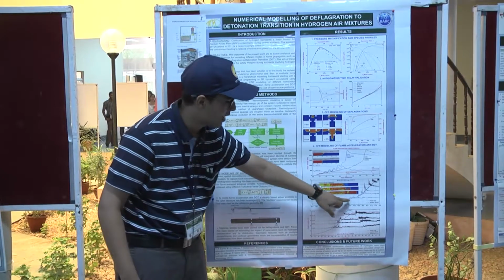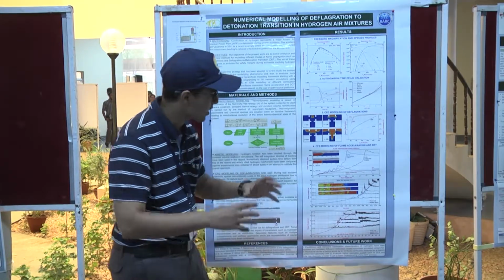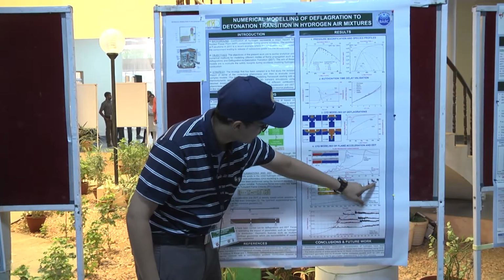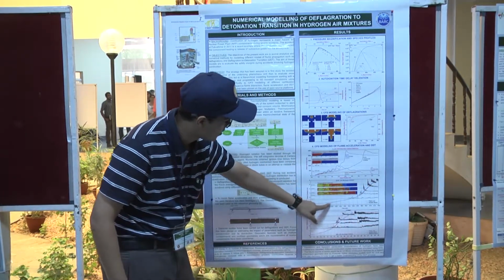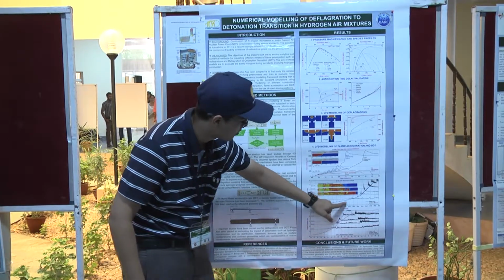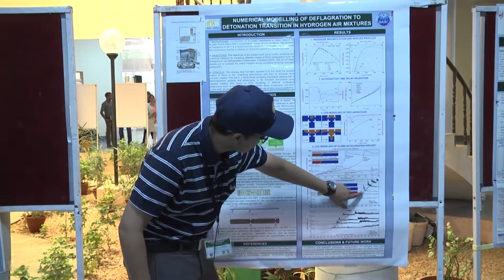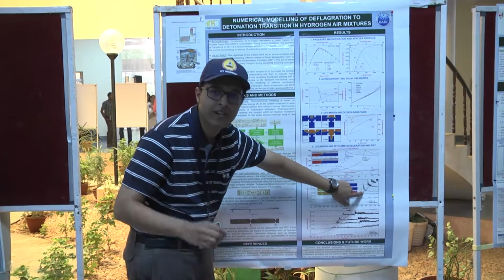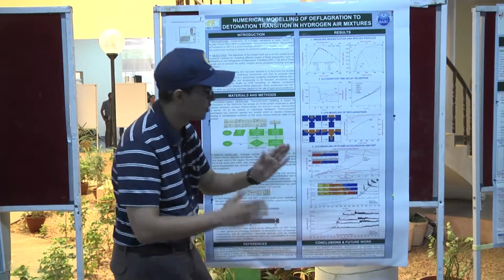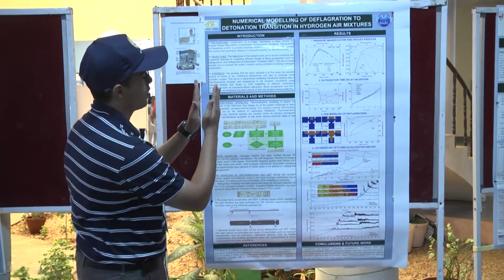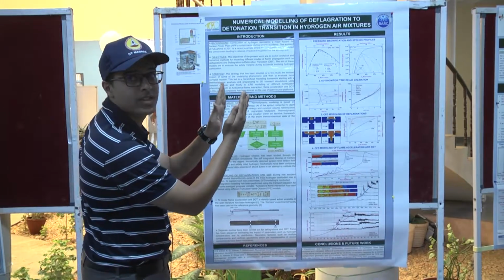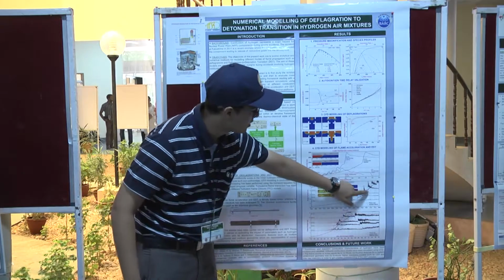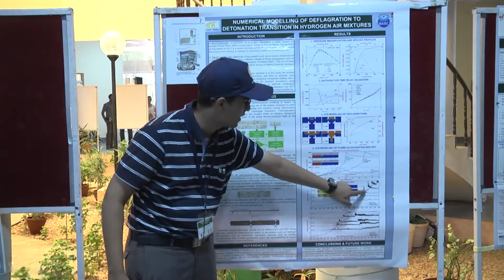To see what is exactly happening inside at the micro level, we looked at the pressure traces at different points and plotted them overlaid with the flame line. What we see is that the point at which the pressure spike occurs is exactly on the flame line, which means the shock front is moving like this, the flame front is moving like this, and at a certain point both of them coalesce, and that's the point where we see a very sharp increase in pressure, which is the DDT.